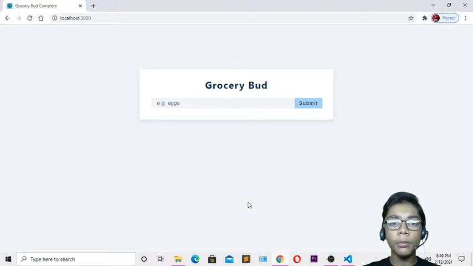Today I will show you how to build one grocery bud project in React.js, and I hope you will also enjoy this project like my previous project of React.js. So let's start. Now over here you can see I've just made this grocery bud project